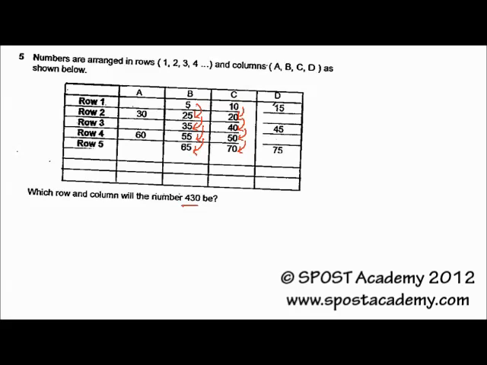Okay, it's quite easy to identify because in column A it's actually all in terms of tens, but in column D is all in terms of 5 at the back. So first we'll do 430 divided by 15. And we will get 28 and 2/3. It means that it will not fall in column A or column D. So we've got to work further by using 28 times 15